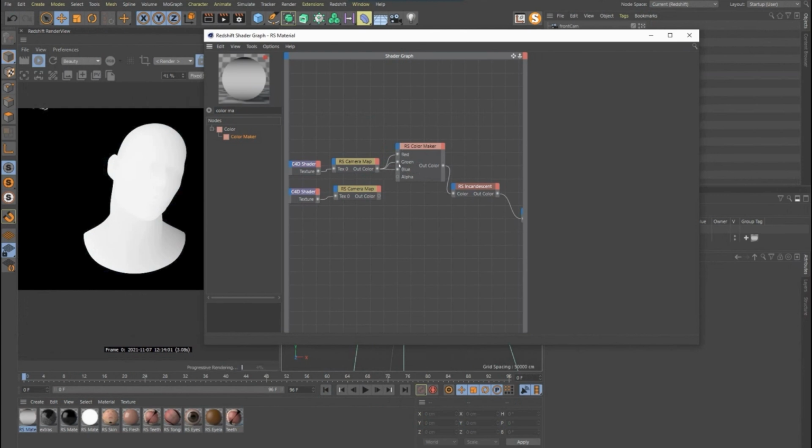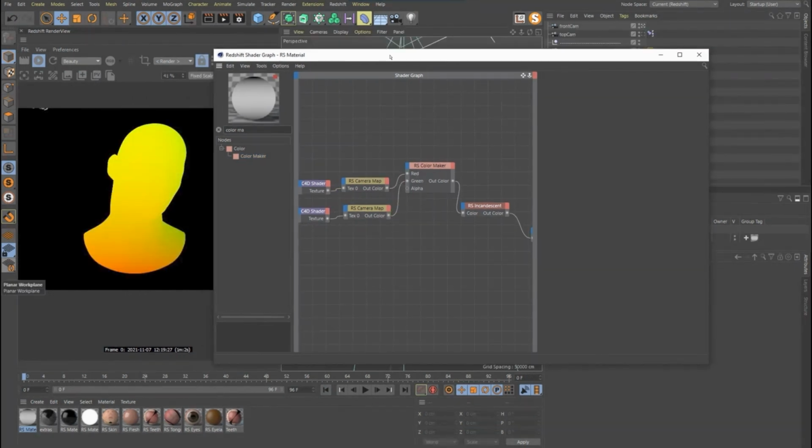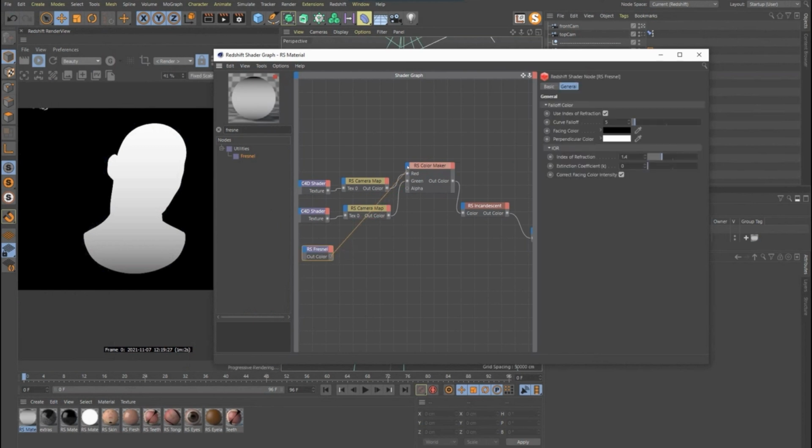So there's some cool things we can do with this. Let's take our top to bottom will be red. This, or the front to back will be red. The top to bottom one, let's make that green. So if we look at this, it sort of looks like a normals pass, but obviously it's not, because if we look at the red channel, we have our front to back gradient. If we look at our green channel, we have our top to bottom gradient. We could do a lot of fun stuff with this. So let's take a Fresnel, for instance, and we can throw that into the blue channel.